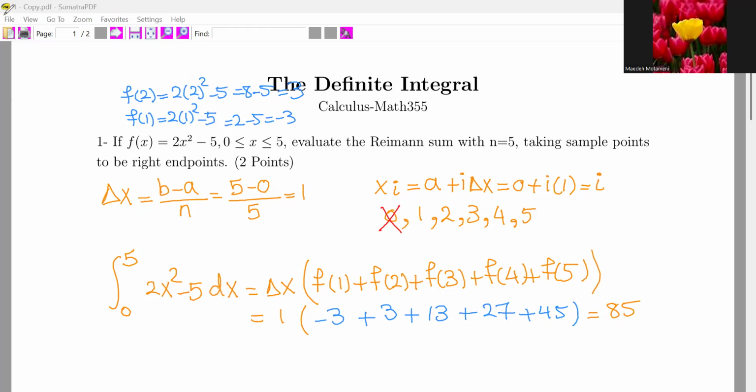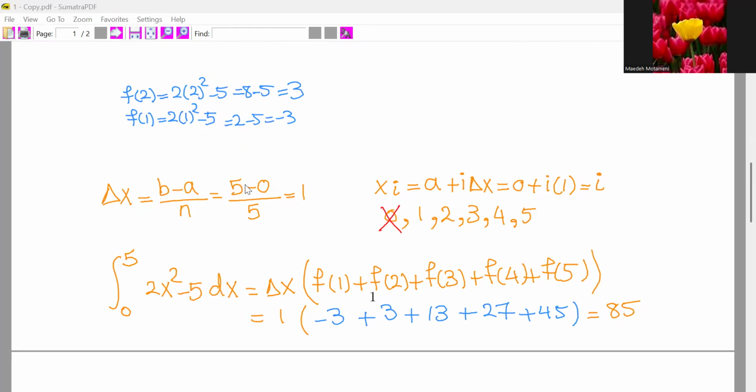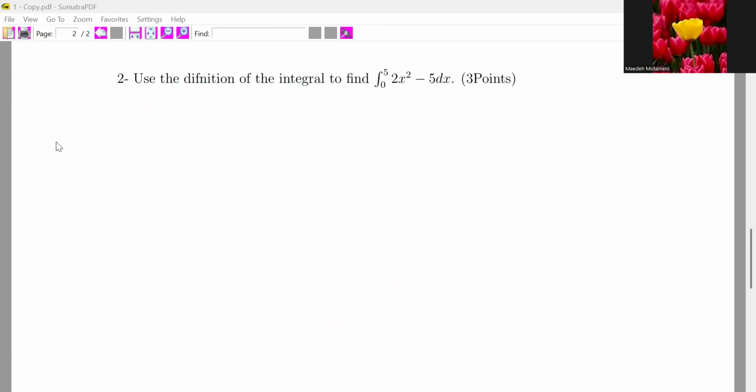Let's do the next one. It's about using the definition of integral to find this integral from 0 to 5. It's basically the same as the previous one, but in here we are going to use the definition. That would be more